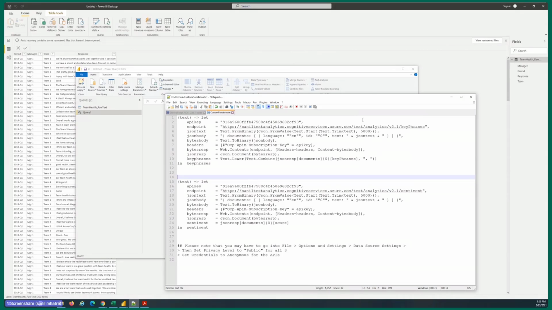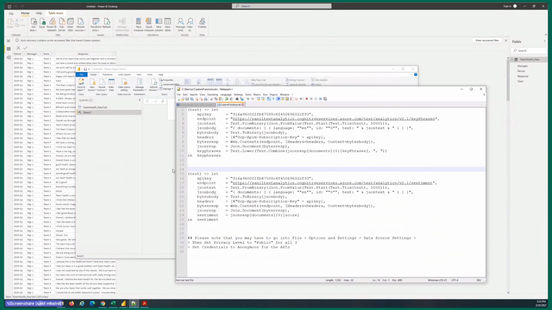So I'm going to open my notepad here, and you will notice that I have a Power M function. This Power M function is making an API call to the Azure Cognitive Services. This is where I have entered the API key and the API endpoints. As you'll notice, I'm showing you the API key over here, but as soon as this session is done, I will regenerate the API keys in the Azure Portal. So that's one way to safeguard your API keys if you unintentionally or intentionally have revealed them.